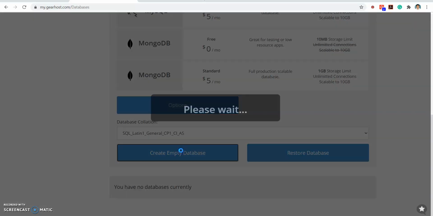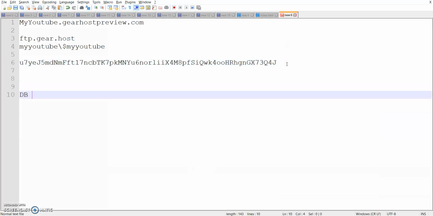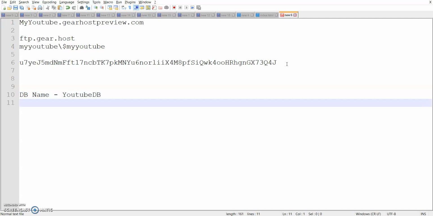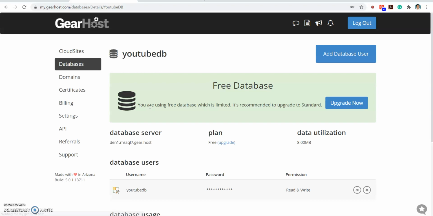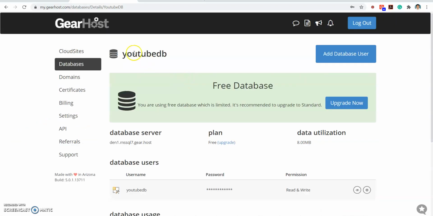Click on this create empty database. I've created U2DB. Wait for some time. So you can see the database has been created, U2DB.